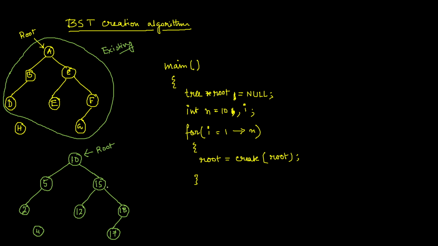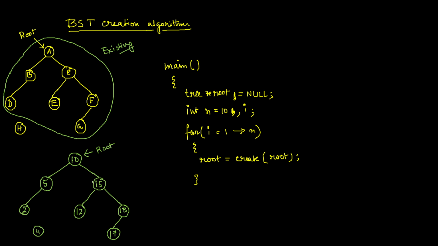If I assume that there is some value which is, for example, 12, you cannot keep 12 in between, you cannot stretch the connection of 10 and 15 and put 12 in between them. It is not possible. 12 will be always put in some leaf as a leaf node. And if there is something that comes which is greater than 12 or lesser than 12, then only that value will be connected with 12 again as a leaf node.